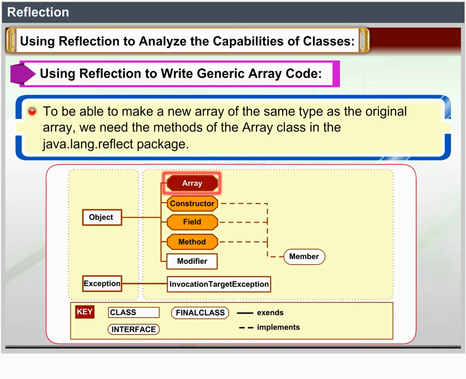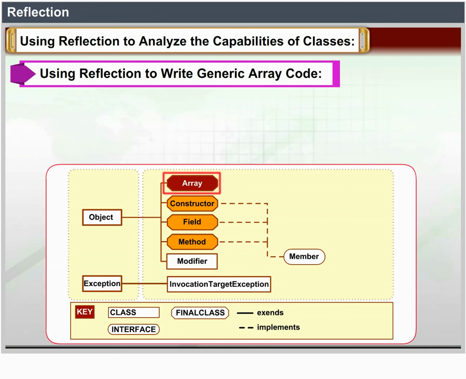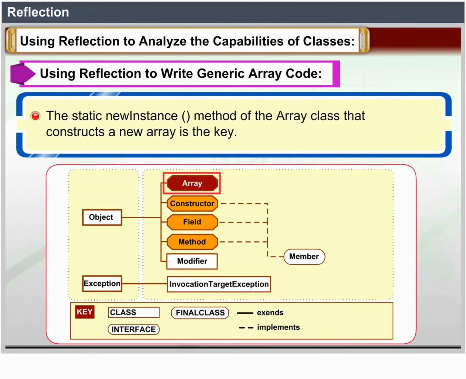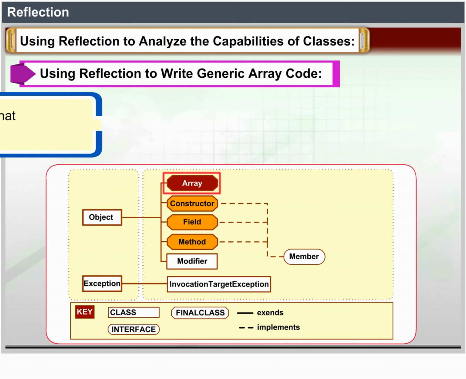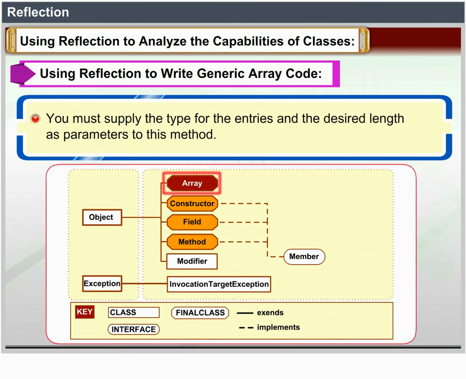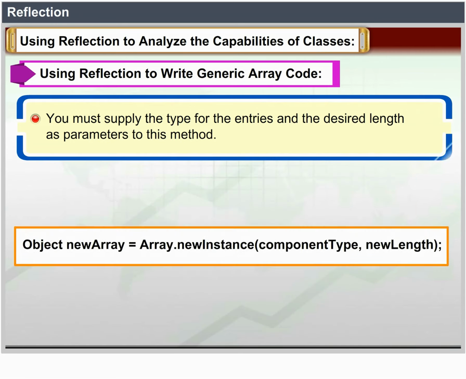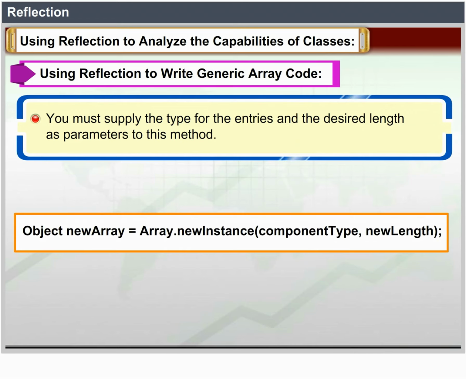The static newInstance method of the Array class that constructs a new array is the key. You must supply the type for the entries and the desired length as parameters to this method. Object newArray = Array.newInstance(componentType, newLength);